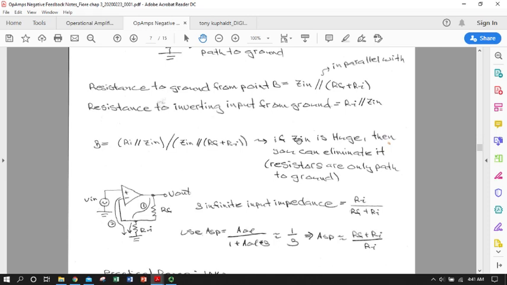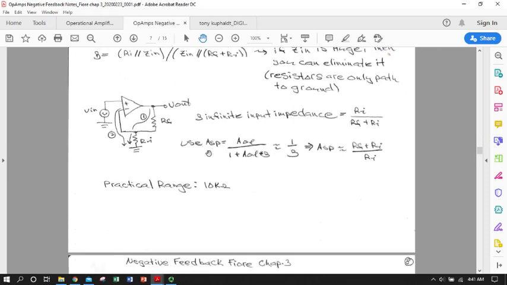So let's assume that Zin is huge. If it's huge, nothing's going to go through that branch of the circuit, and so the Zin will just disappear from this expression, and you'll end up getting an expression for beta that says it's just Rn divided by Rf plus Rn, which is the same way of saying